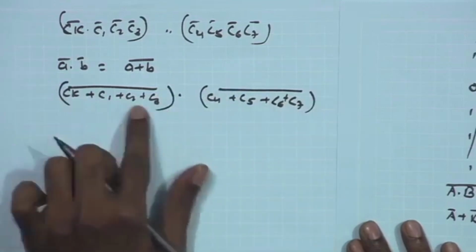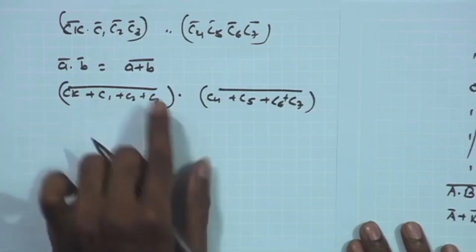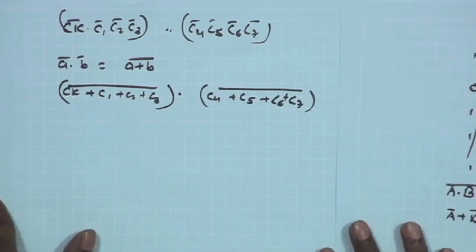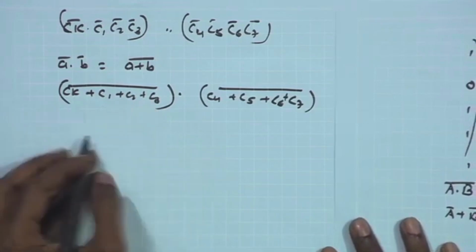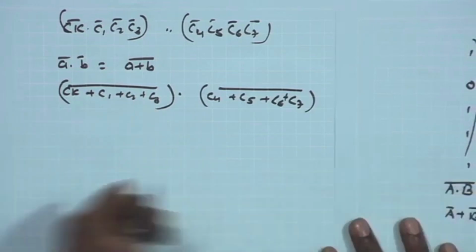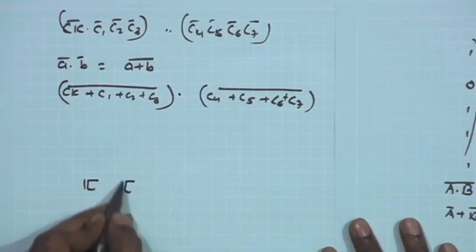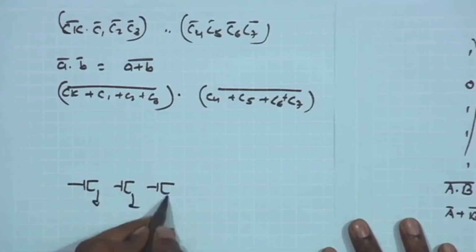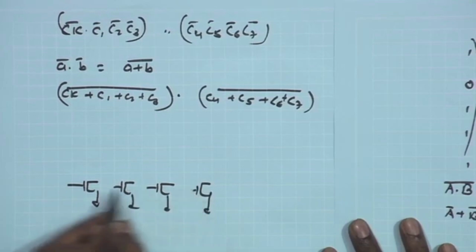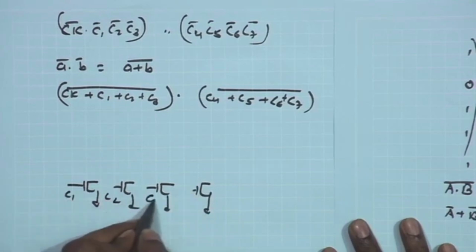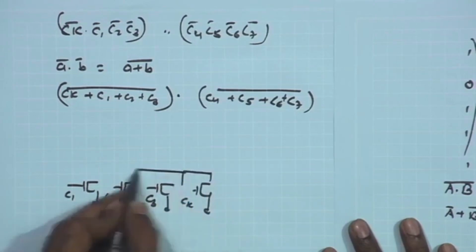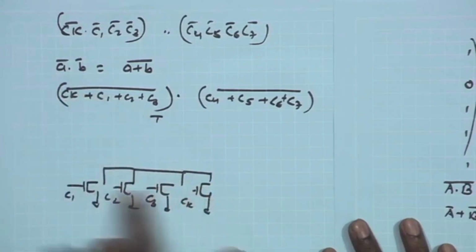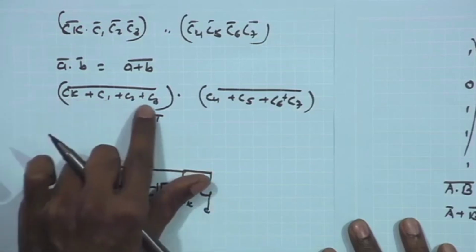So, basically you need to implement a 4-input NOR gate and then AND the results together. A NOR gate can be implemented using a similar scheme, only the combination is opposite. You have the NMOS in parallel, the 4 NMOS coming in parallel, C1, C2, C3, C4, and then you have the PMOS coming in series, because the output is going to be low when any